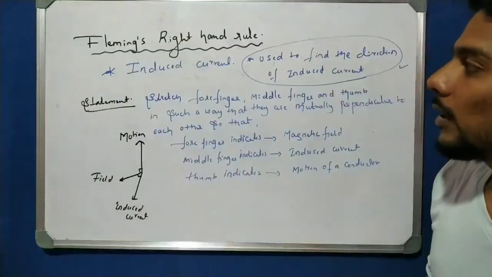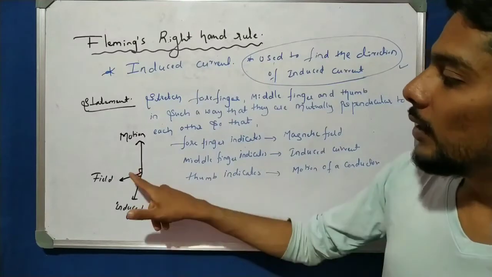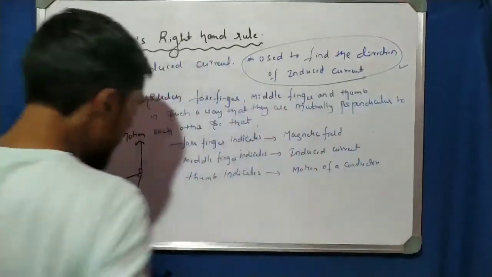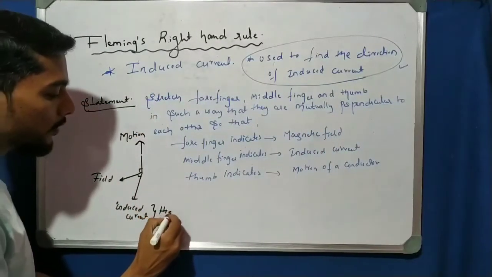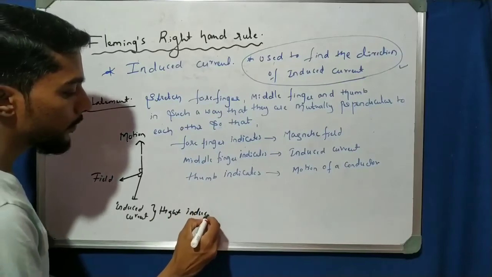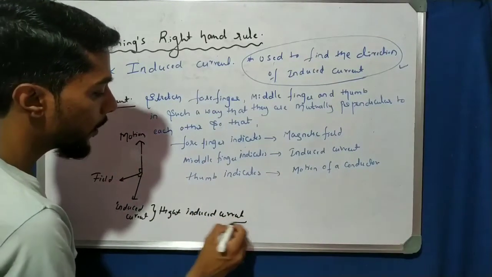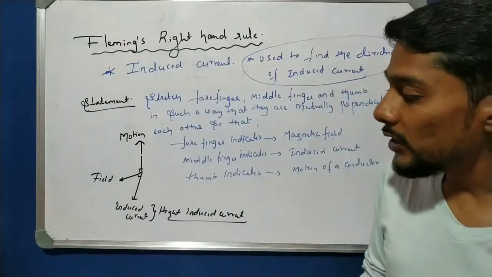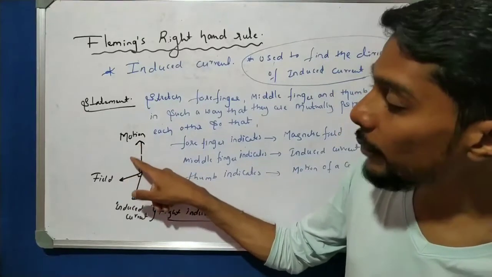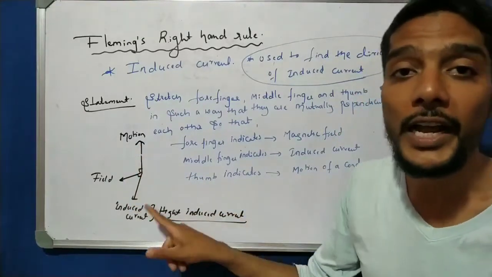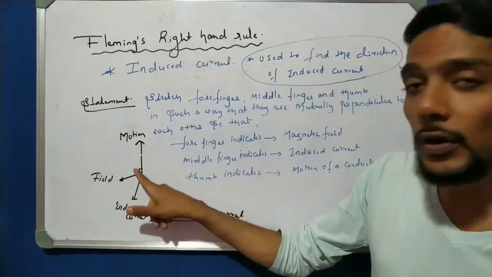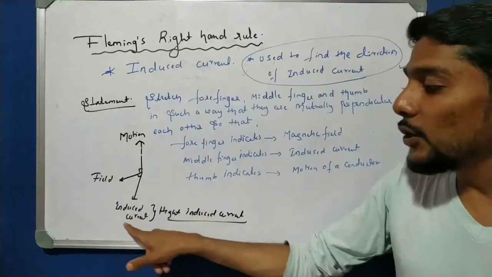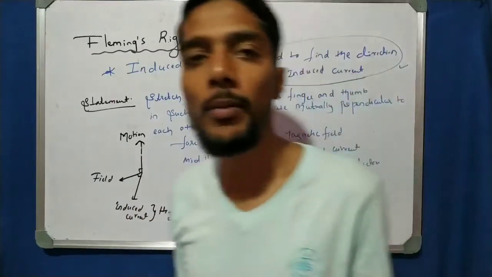So this is the Fleming's right hand rule, that is very important. If the field and the motion of a conductor are mutually perpendicular to each other, in that case what happens? There is the highest induced current. That is an important point to remember. When is the induced current highest in the coil? When the motion and the field are mutually perpendicular, at a 90 degree right angle to each other. When the angle between the motion of a conductor and the field is 90 degrees, then the induced current is the highest. That is one point you have to remember, right?